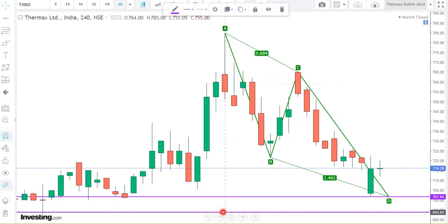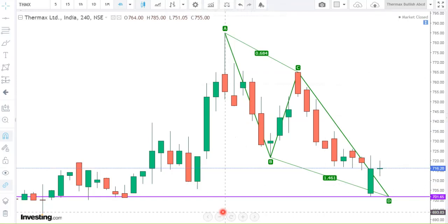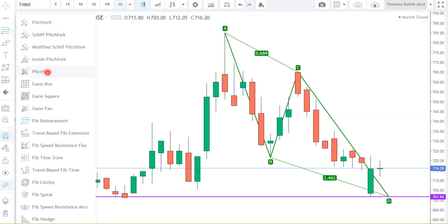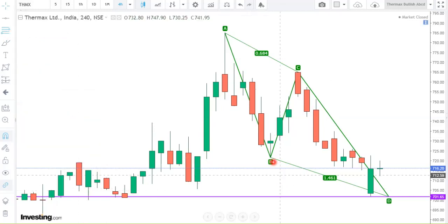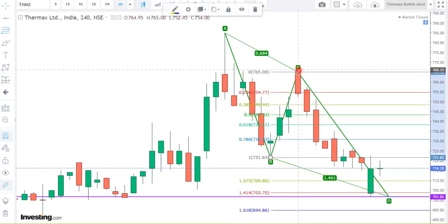Now we will find our second PRZ. The second PRZ is found by drawing FIBO. We will select the FIBO retracement from here. We will then draw FIBO from B to C. Now we will see which is the nearest FIBO to this 701.65. That is our 703.70. Okay.